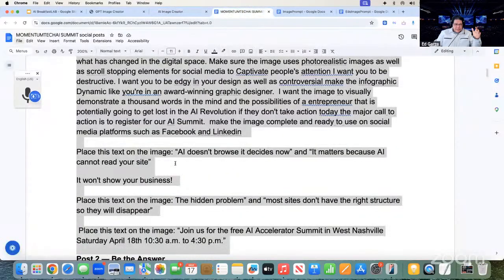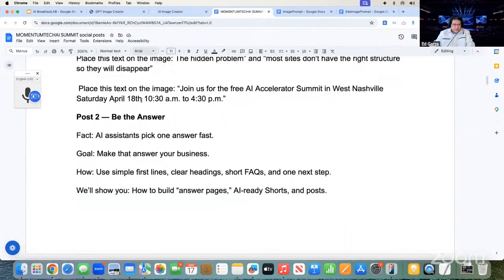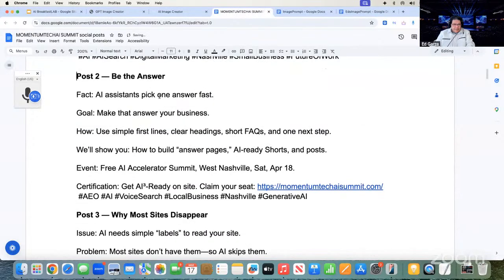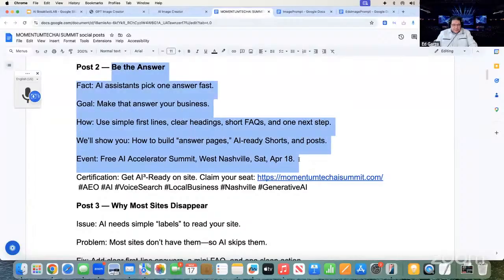So these are my social posts. So I'm going to get rid of that prompt because I already have the prompt over here. And let's just copy this here real quick. Okay.